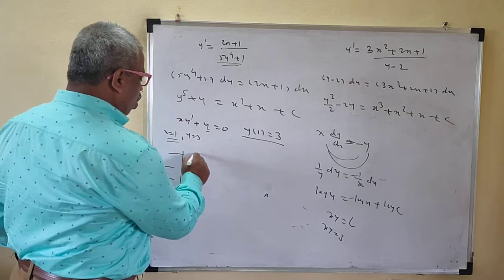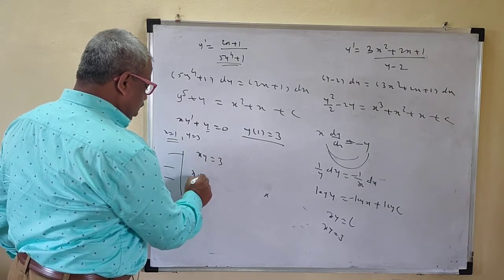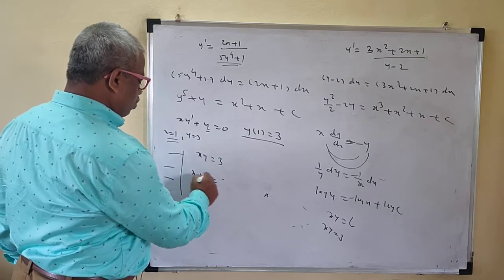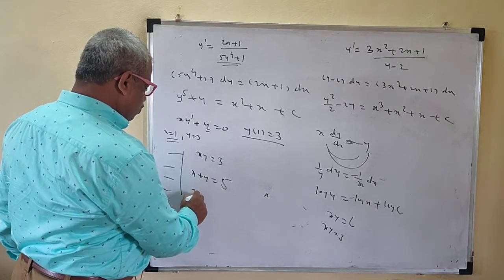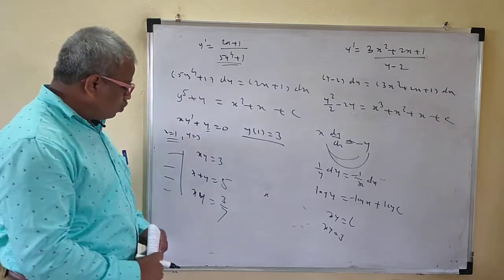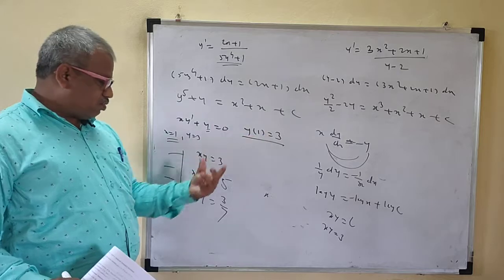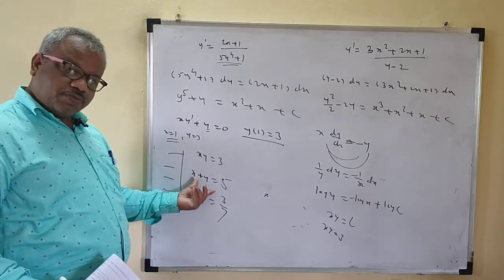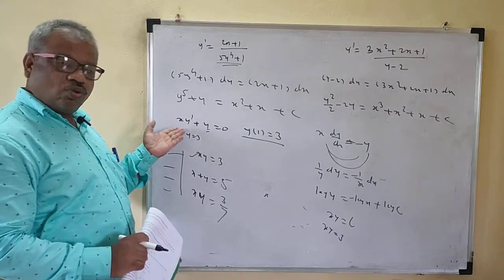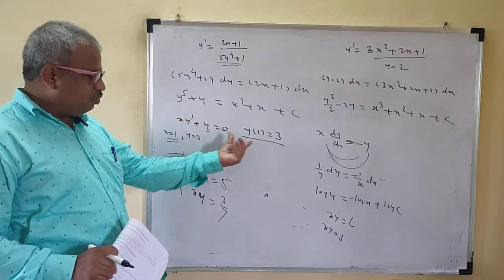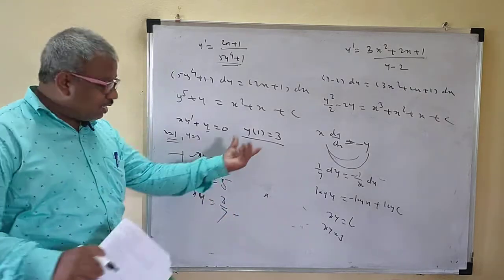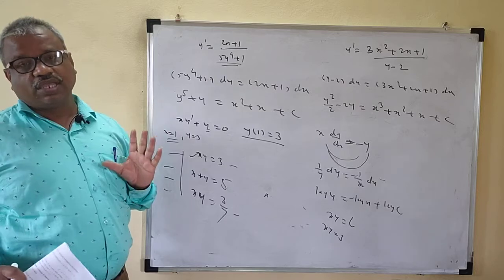Now here the option will be xy is equal to 3. Other options may be, suppose, xy is equal to 5, or x plus xy is equal to 3 by 7, like this. Which one satisfies x is equal to 1, y is equal to 3? This one satisfies, the others do not. So this will be your solution. No need to solve the differential equation with the help of this. But if two options satisfy this condition, then you have to solve the equation.